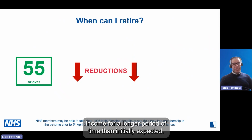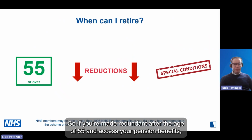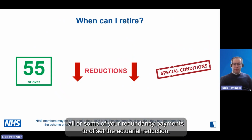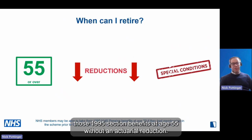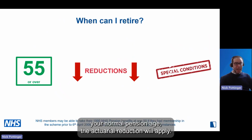time than initially expected. Now, there can be some instances where the actuarial reduction may not apply. So if you're made redundant after the age of 55 and access your pension benefits, the pension fund would not apply an actuarial reduction if you choose to use all or some of your redundancy payment to offset the actuarial reduction. Or if you're an NHS employee that holds special class or mental health officer status, you may be able to access those 1995 section benefits at age 55 without an actuarial reduction. But for the vast majority of the time, if you access your pension benefits before your normal pension age, the